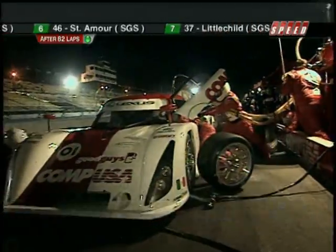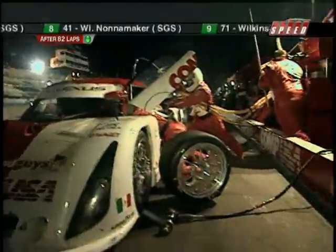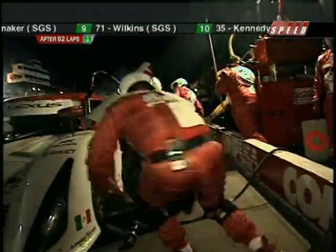Angelelli has taken the lead. He'll need a pit, but that should be a short one, so Pruitt has his work cut out. Now, remember, he's running a different tyre combination to the O2 car. He's got the softer 370 tyres on the left side and the harder ones on the right, and this team